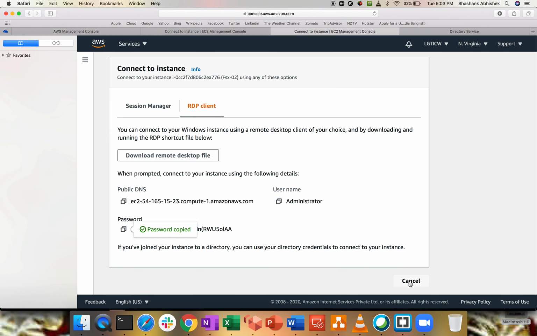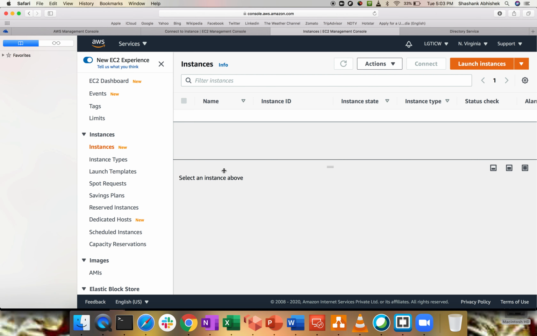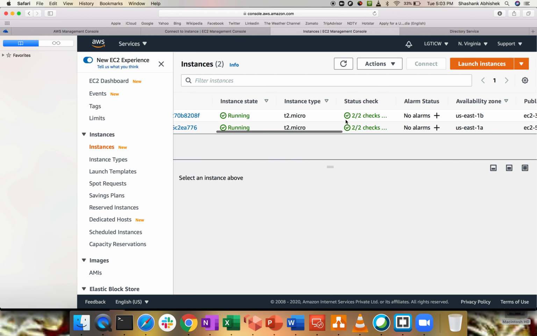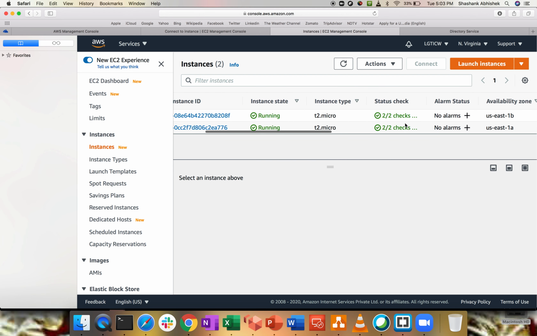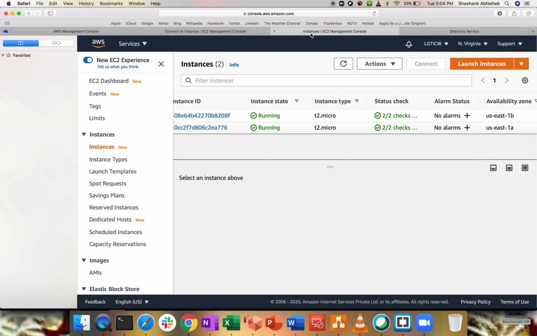Okay, so perfect. I have two systems, FSX1 and FSX0. I'm going to map both of them to one file system, just to show you that you can map your file system across availability zones. You can see this one is deployed in 1A and 1B. I have a directory service which was created long back, and today I have updated this a bit. Both servers are joined to the same domain, because to make it work you have to use directory service. Perfect.